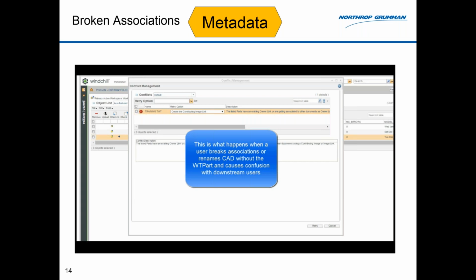Now this results in different revisions being associated together. This may be acceptable if your business rules allow it, but for us, we require revision syncing across all like-named parts. So for example, the newly revised Rev A CAD is owner linked back to the Rev Dash WT part, even though a newly revised Rev A WT part already exists. When the user tries to check in, Windchill is trying to owner link the Rev A CAD to the Rev A WT part, but since the Rev A CAD is already owner linked back to the Rev Dash, an error